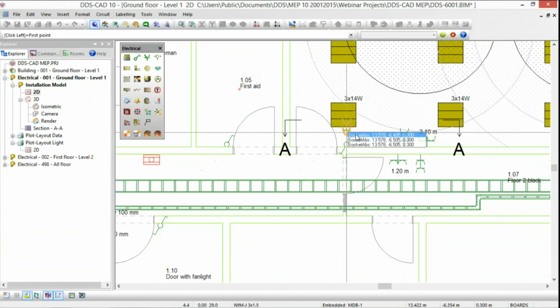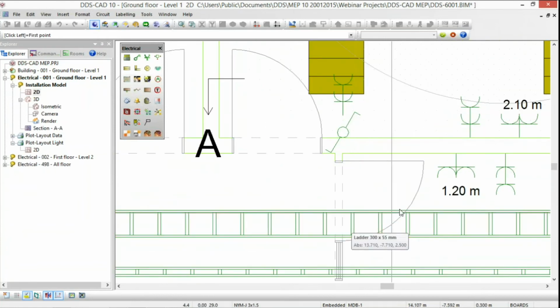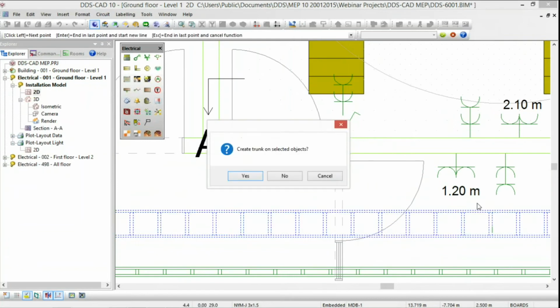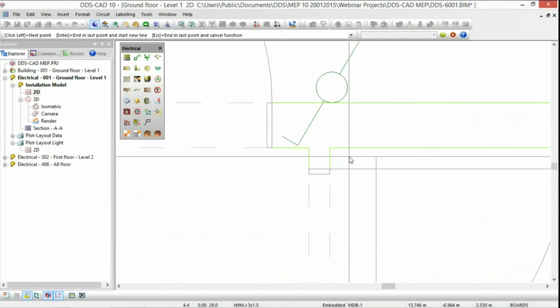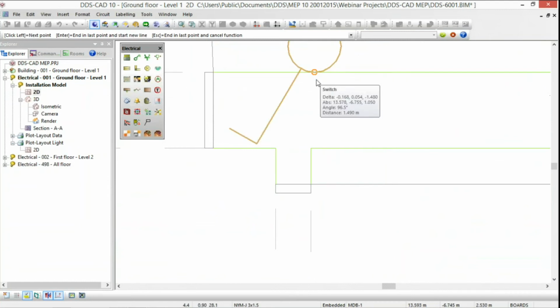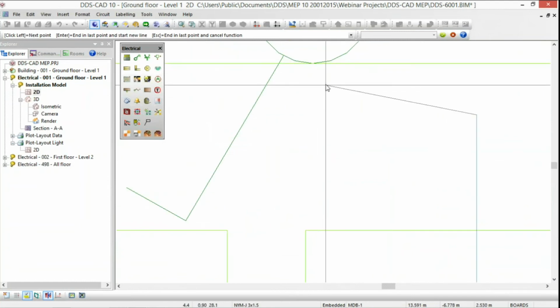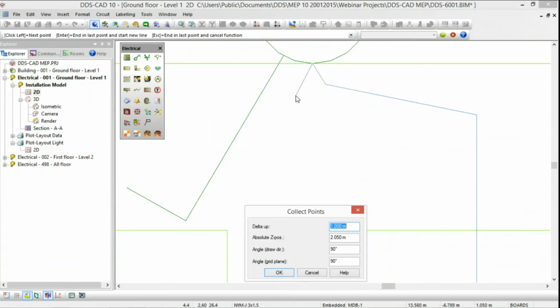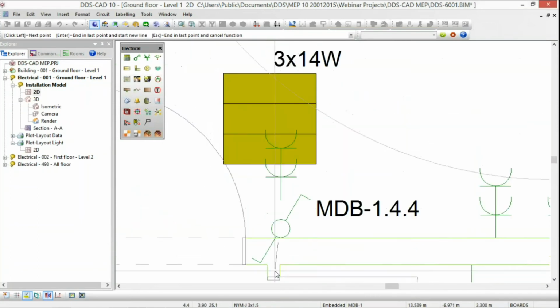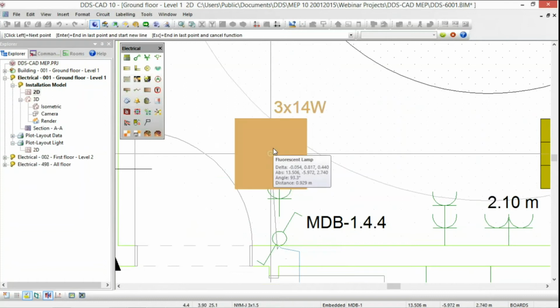So what I can do is directly start from this cable ladder and say generating a trunk on the selected object. So right now we can see a purple line going all the way back to the cable ladder initially where the distribution board started, and we can now go into the wall into the direction of our switch, connecting the switch to the corresponding circuit, and then say continue this cable to the height we gave to connect to the lamps. So right now, going into the lamp,